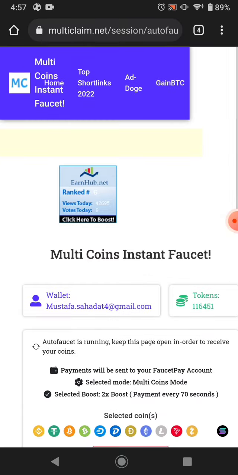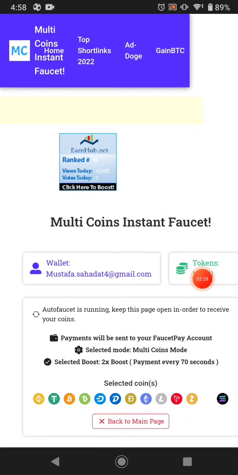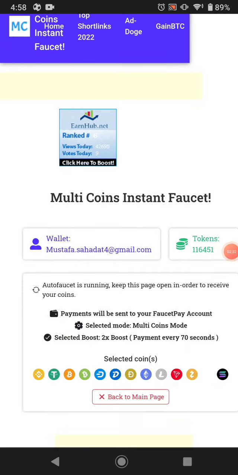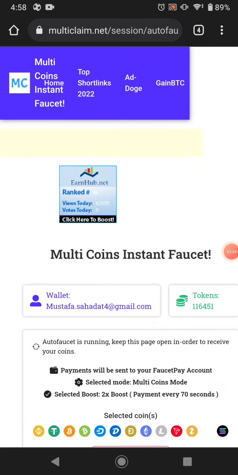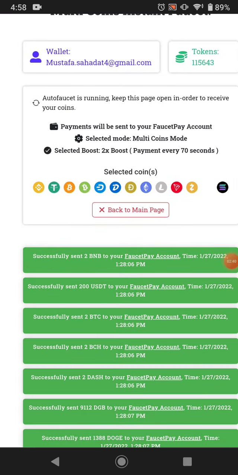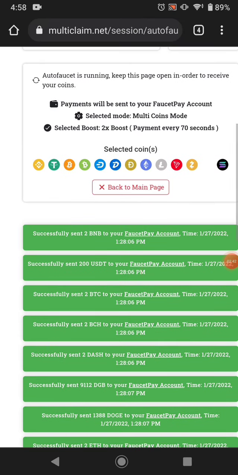work. If you just daily watch the short links and watch the PTC ads, you can earn coins. After that you can easily make your free cryptocurrency from here. I just leave the page, and after that I come back. Okay, now you can see after 1 minute the page reloads automatically, and you can see this website pays